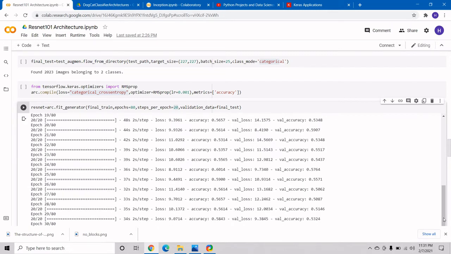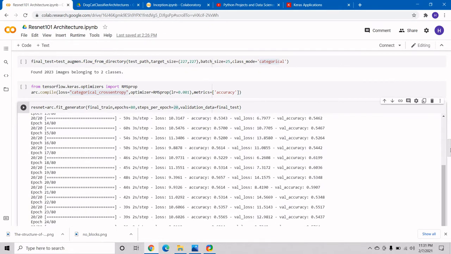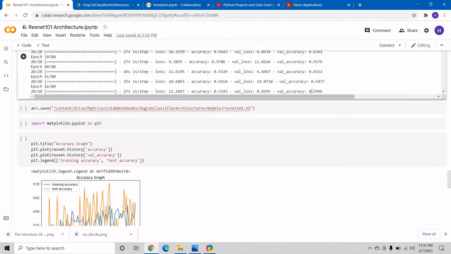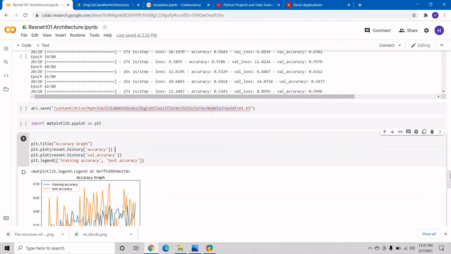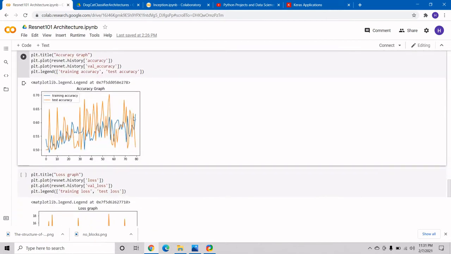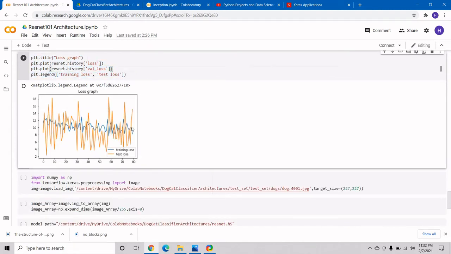Our training and testing accuracy was around 65 to 70% in our ResNet. After saving this model, we can see in our graph that there is a little bit of difference between training and testing accuracy, and in our loss graph also we have a little bit of variation. If we provide more images in our test, it will adjust itself after the training. We can also use Keras Tuner for hyperparameter tuning to fix this issue. After saving our model,